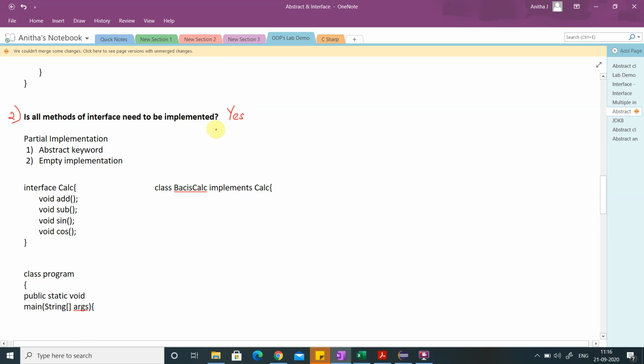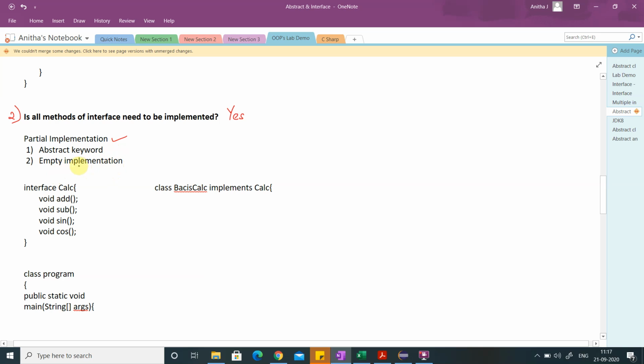Sometimes we don't need to implement all the methods. That is called partial implementation. Only some of the methods from the interface we override inside the class, and other methods don't need the implementation. So how can we achieve this?